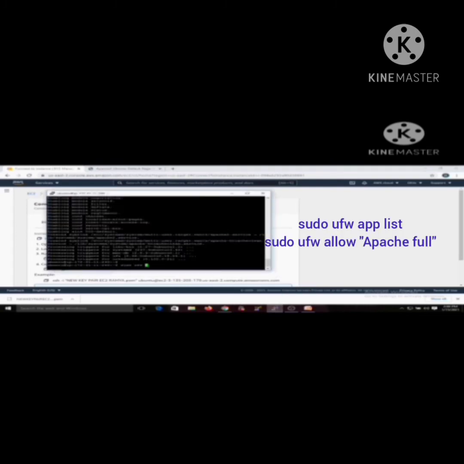Then type the command sudo ufw app list and sudo ufw allow Apache Secure and sudo ufw allow Apache Full.